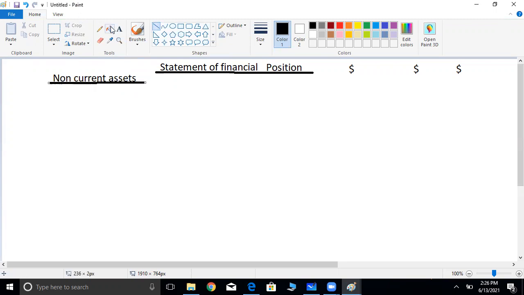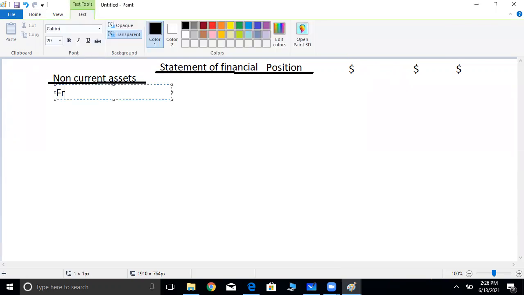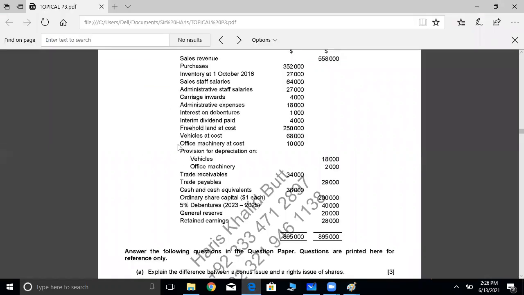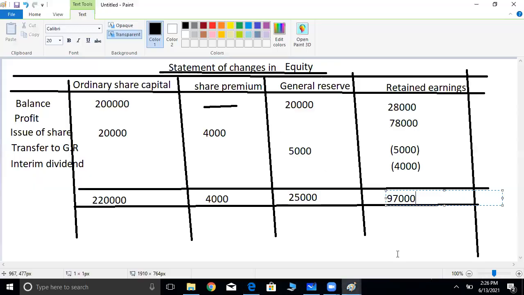First of all, I'm going to write the freehold land because it has no depreciation. So I will write freehold land. Freehold का मतलब होता है उस पर कोई चार्ज नहीं है, यानी किसी और का उस पर कोई हक नहीं, हमने उसको लीज पे नहीं दिया हुआ, कोई बुकिंग उस पर नहीं कराई हुई, कोई एसेट्स उसके तहत प्लेज नहीं हुए हुए।